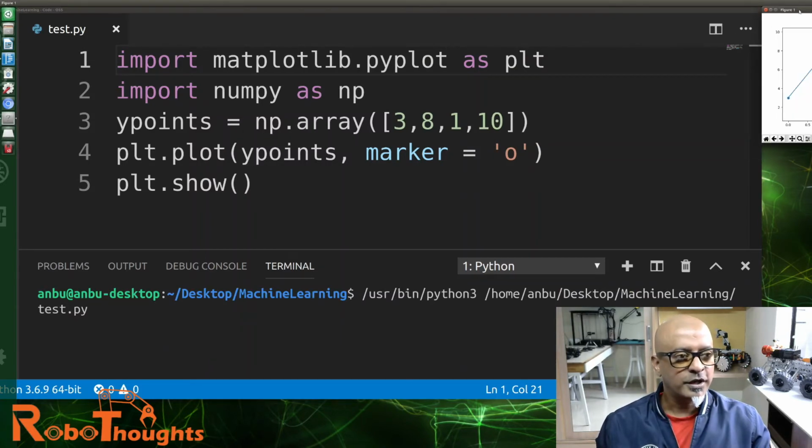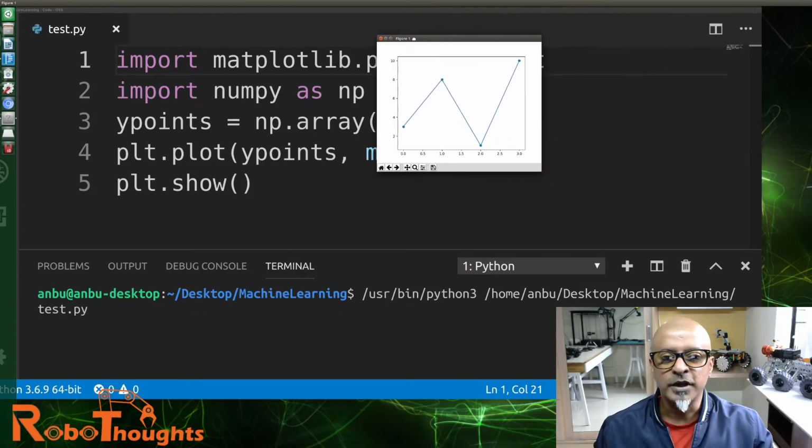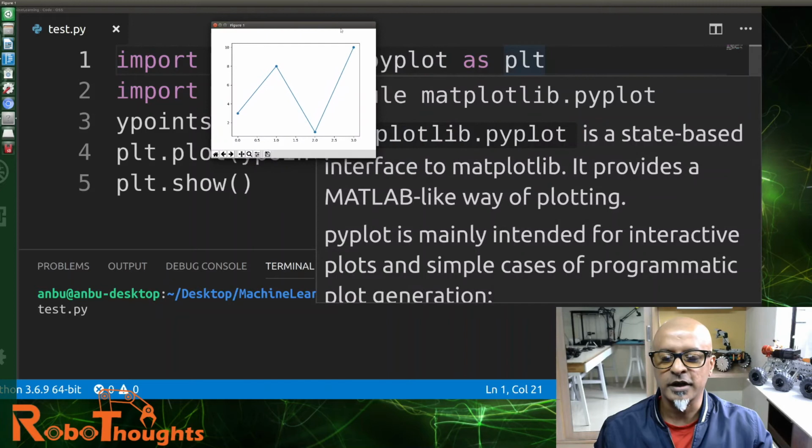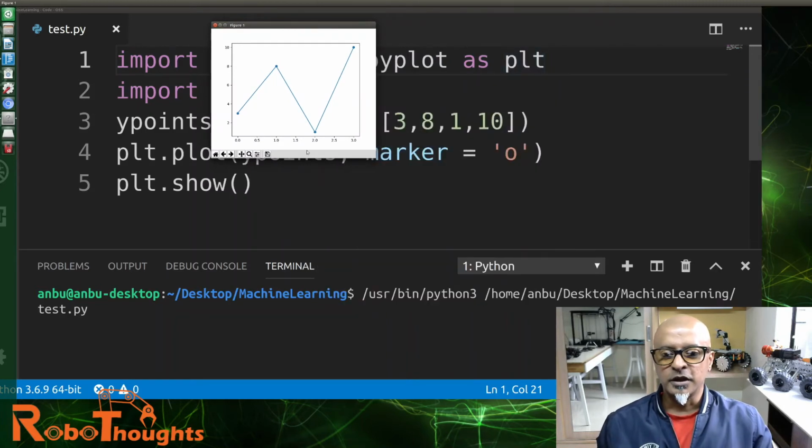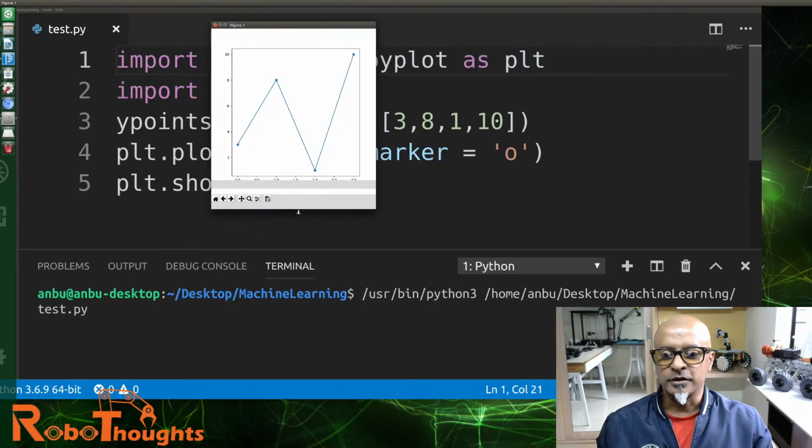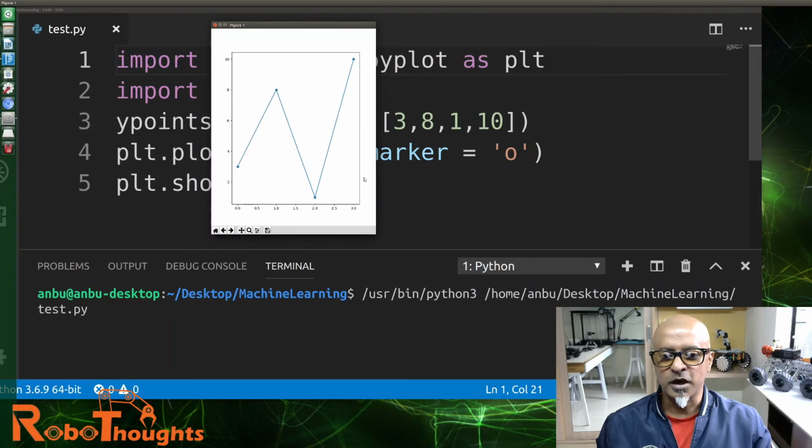Our friend, as usual, is playing hide and seek with us. The plot was hiding behind, I just dragged it to the front. Let me make it a little bigger. Can you see that, guys? Can you see how the marker function works? It's exactly marking on those indicated points, 3, 8, 1 and 10.